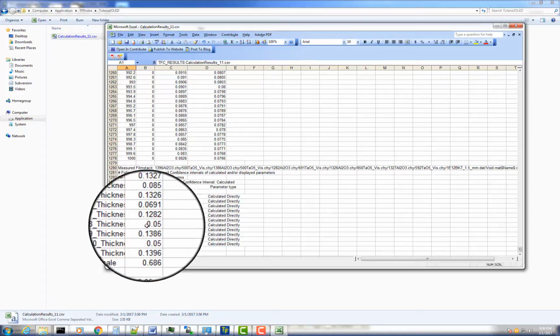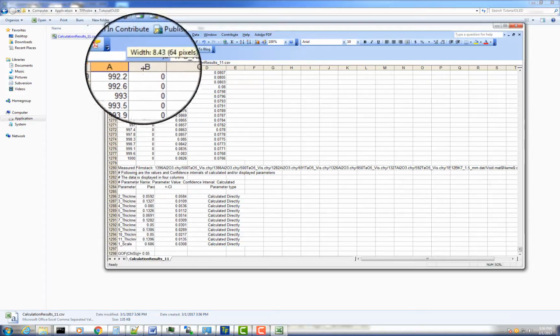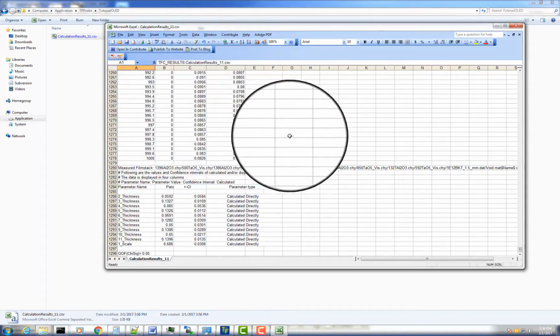This is it. We created a film stack, analyzed the data, got the thicknesses,